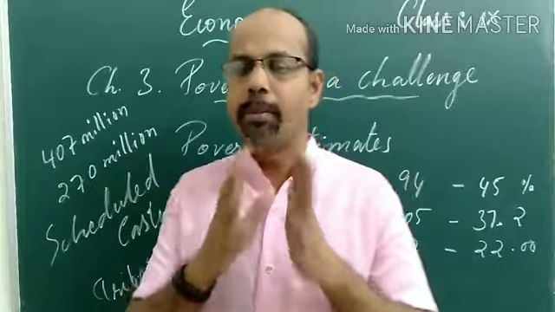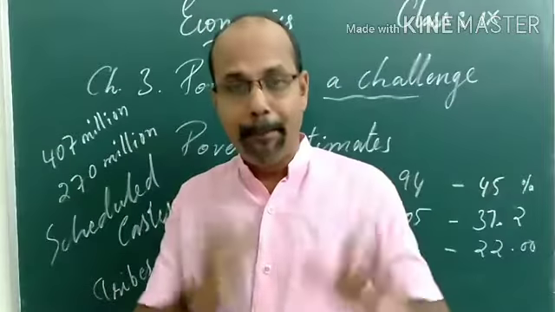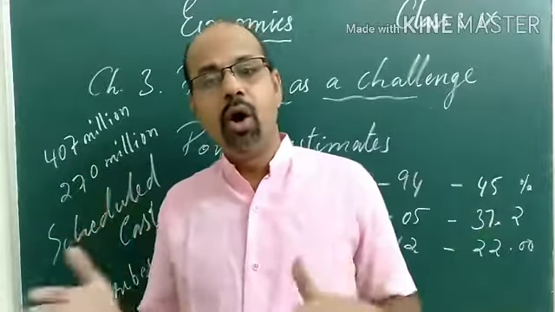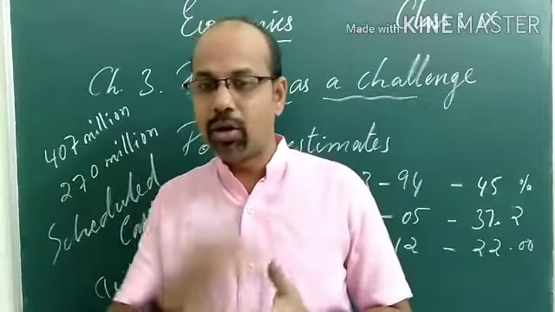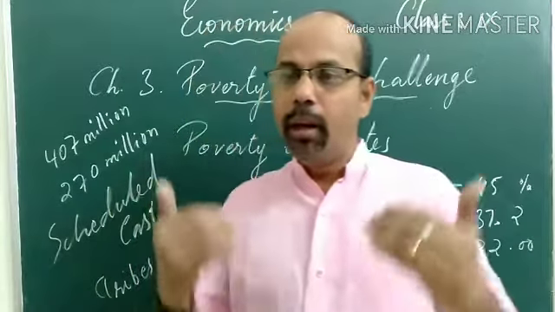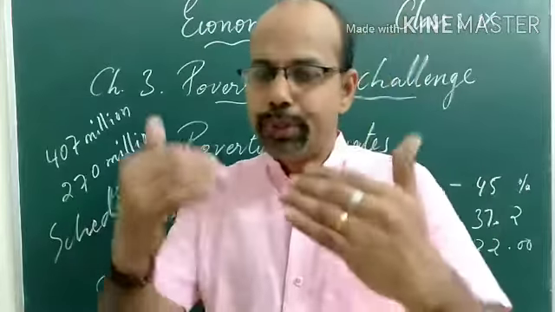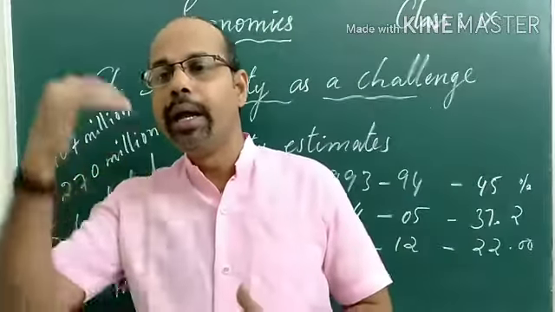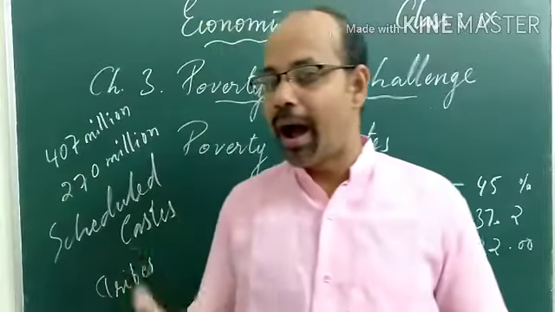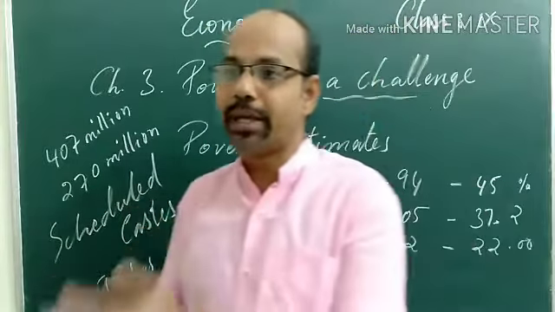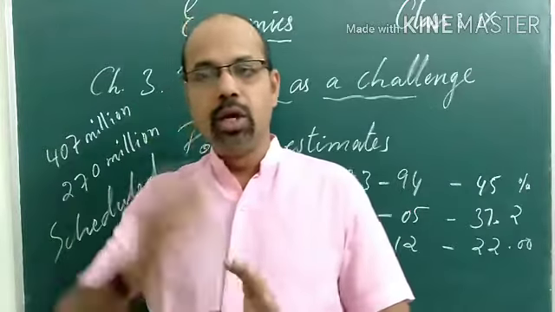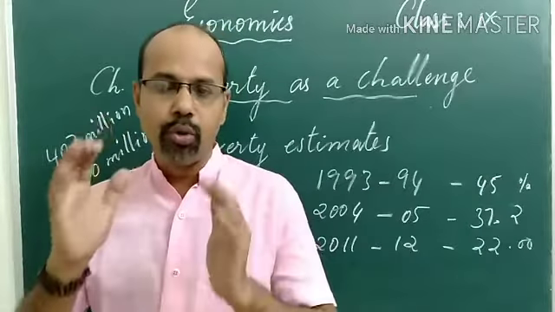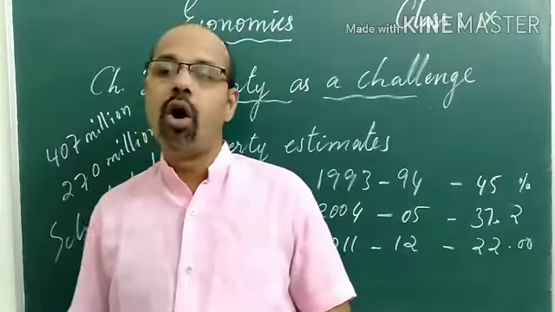Social groups, we know, are people who belong to a particular community or caste. In our country there is a division of caste, with people belonging to different castes or communities. Largely the vulnerable groups in the social division are those belonging to the scheduled castes and scheduled tribes, which we often say SC and ST. These communities are the most affected by poverty.